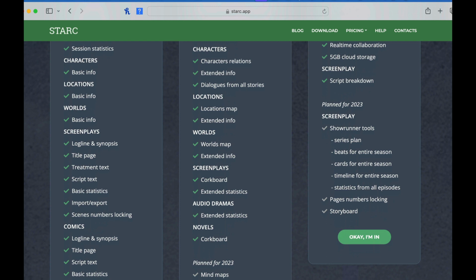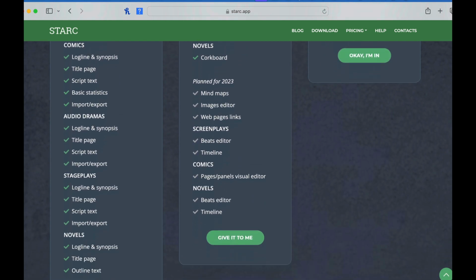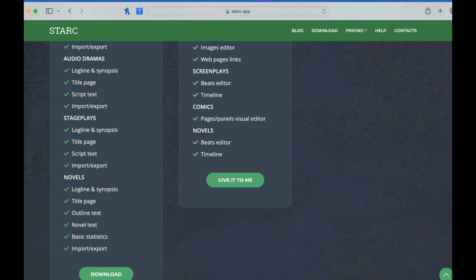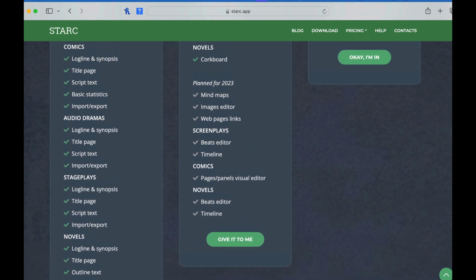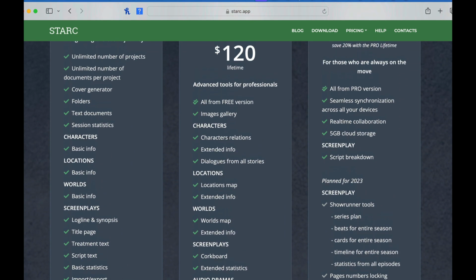Story Architect is more than just a screenwriting program. It's also used for comics. It's used for audio dramas, stage plays, and novels. And so you can definitely see, just with the free version, how much you get to use. Like I said, you can use logline, synopsis. You can do a title page. You can do the script, import and export. And just the other little basic stuff is you get free basic information about the